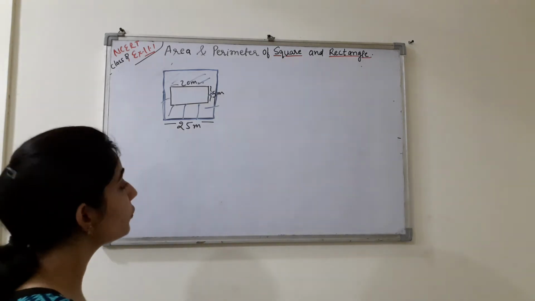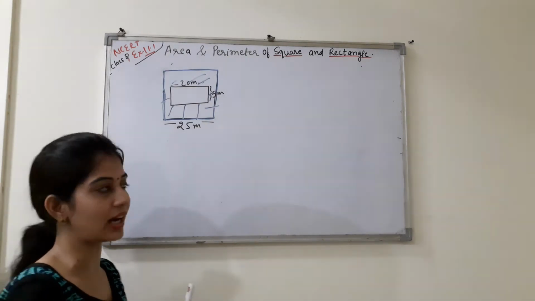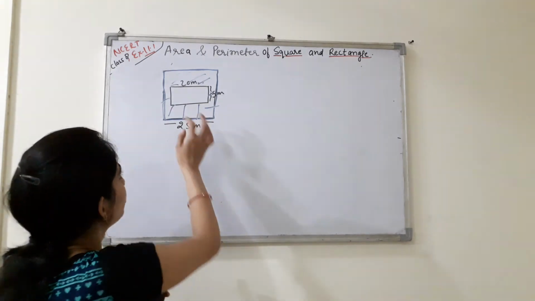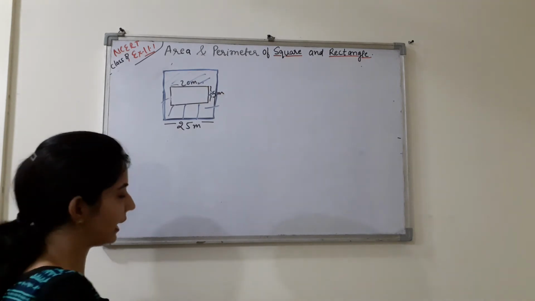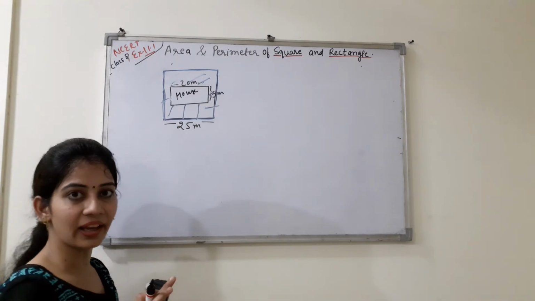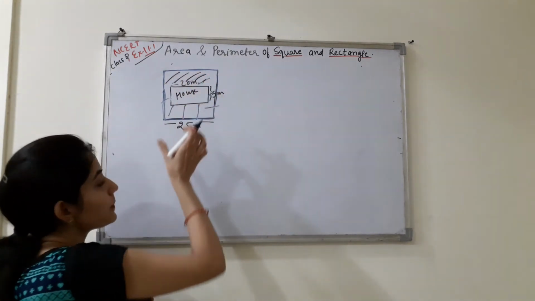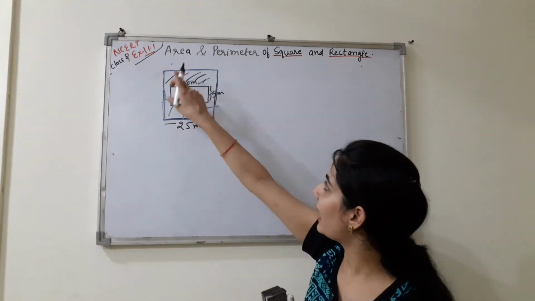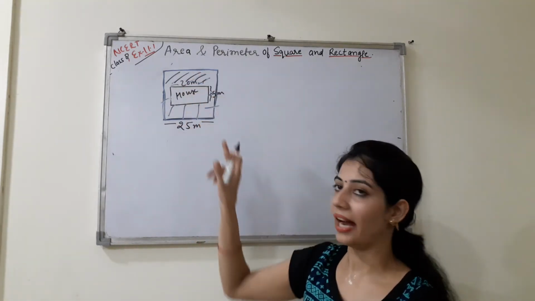तो फर्स्ट हाउ वी विल नो दैट, हेयर वी विल फाइंड द एरिया. See, as I have told you in the starting, area is what? That is space occupied by an object, right? तो ये टोटल प्लॉट का एरिया है, स्पेस ऑक्यूपाइड है, और इसमें हाउस ने स्पेस ऑक्यूपाई किया है. ये जो रिमेनिंग स्पेस है वो किसने ऑक्यूपाई किया है? दैट इज योर ग्राउंड. सो इट मीन्स हेयर वी हैव टू फाइंड आउट द एरिया of this garden first, right?